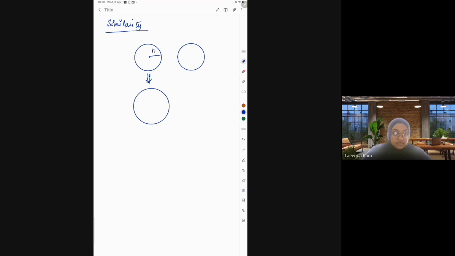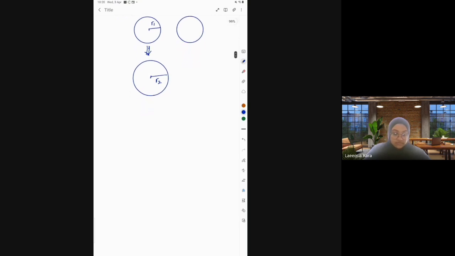Let's say the radius of this is R1 and the radius of this is R2. Then we can say that these two circles are similar to each other. So similarity is when two shapes are such that one is an enhanced or magnified image of the other. Now when we're doing triangles,